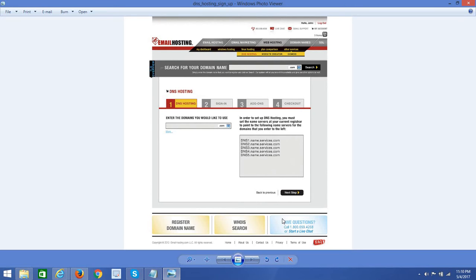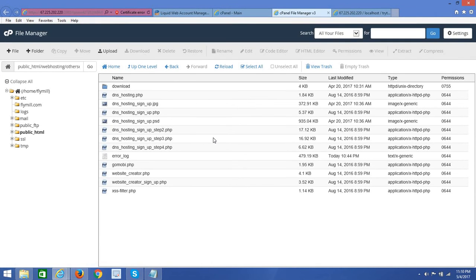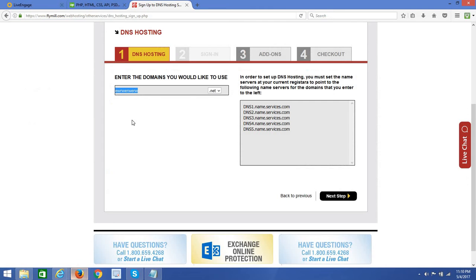Obviously this is not functional as it is a JPEG, but that's for demonstration purposes only. But it should look just like this. It's a blue more hyperlink. So that's one of the tasks on this page that I need completed. The second task is I need all of the TLDs. As you see, there's a .com, a .net, but there's a